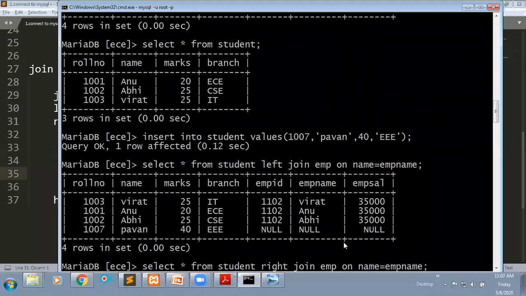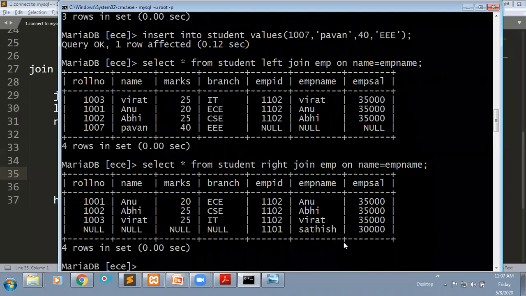For example, if it is a right join, just observe the difference. It will give the right side table, here the employee table, total data, all the names. On the left side it will give the matching values, but if there is no match with the name Satish, it will give null values.